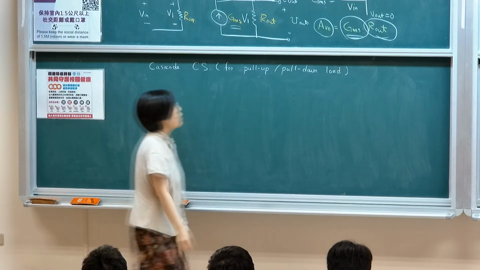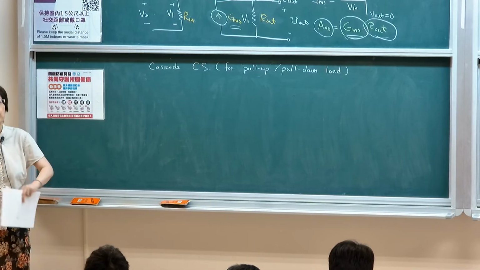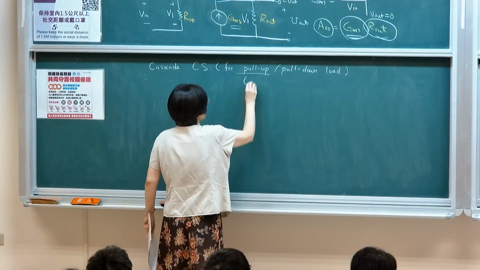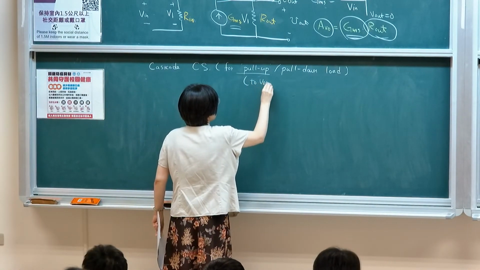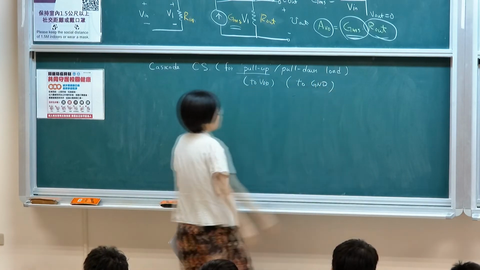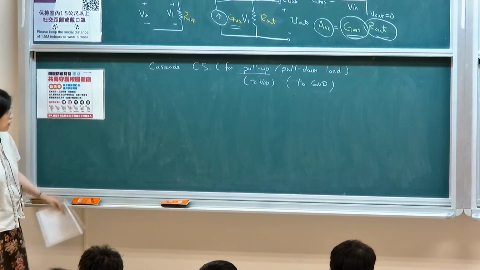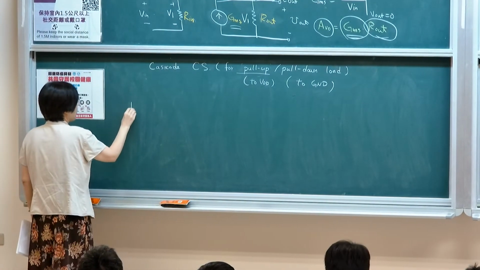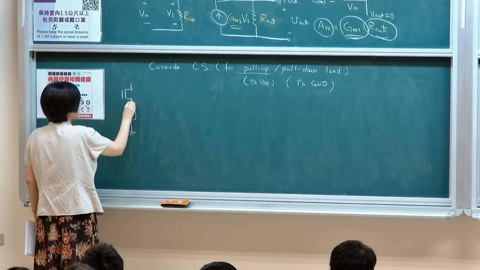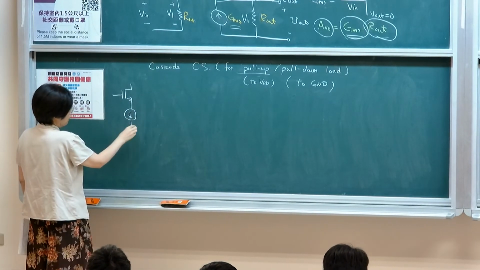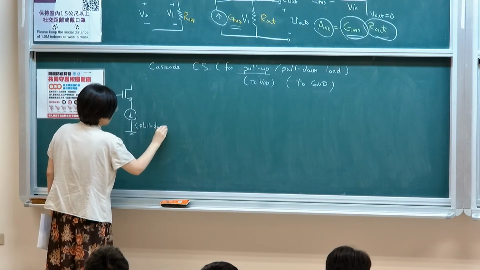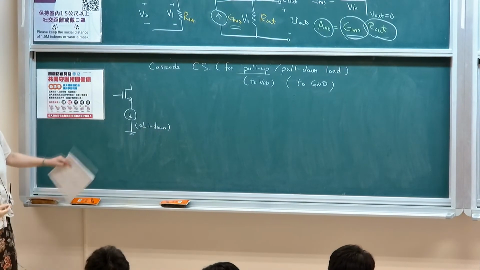What I mean by this is that if I'm using this current source as a pull-up, meaning that it's connected to VDD, so pull-up is to VDD, to high voltage. Pull-down is to ground. Let's just say my lowest voltage is ground. If I want to deliver, for example, a current source like this, let's say for a source follower circuit, that's a pull-down. Pull-down loading, you put it in the bottom, or sinking loading.